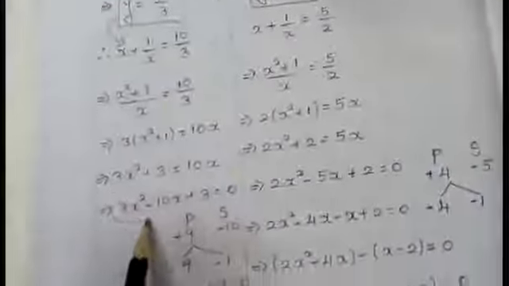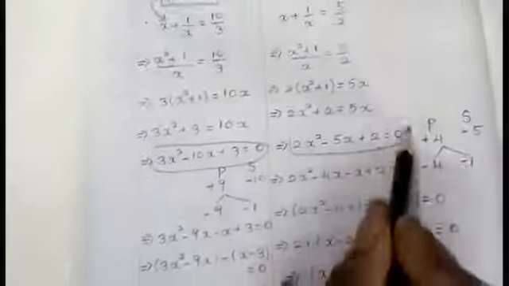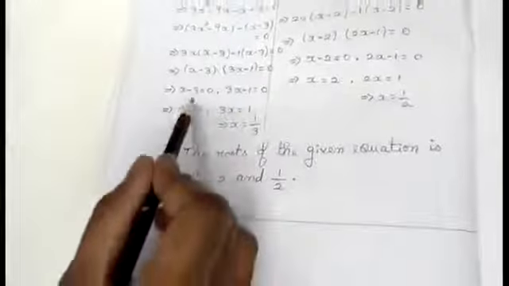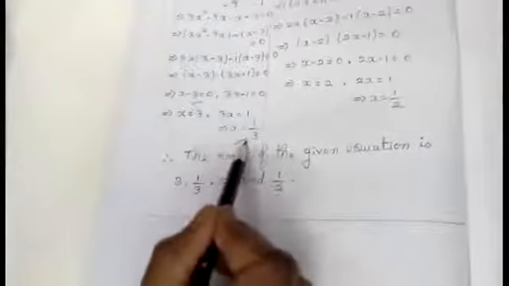You will be getting it in the form of a quadratic equation. Both sides you will be getting in the form of a quadratic equation. Again, you are going to solve, and you are going to find that x to the power 4 is the starting, so you will be getting 4 answers. The 4 answers are x is equal to 3, x is equal to 1 by 3, x is equal to 2 and x is equal to 1 by 2. Therefore, the roots of the given equation are 3, 1 by 3, 2 and 1 by 2.